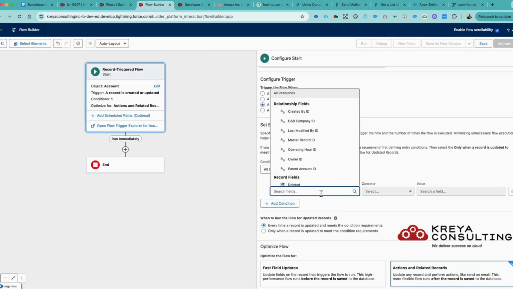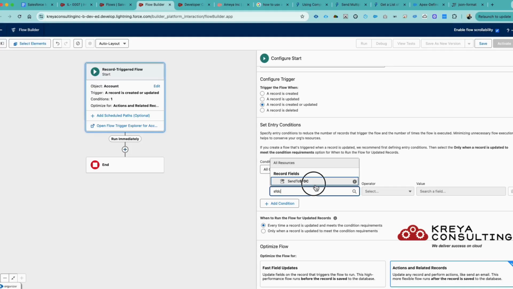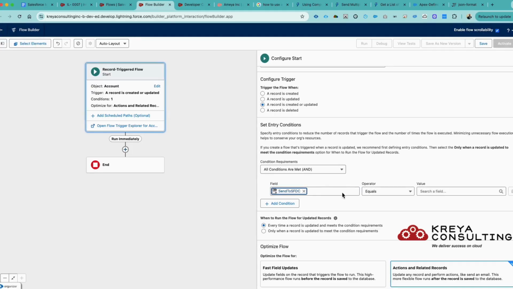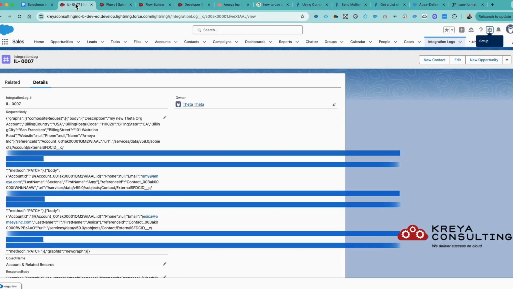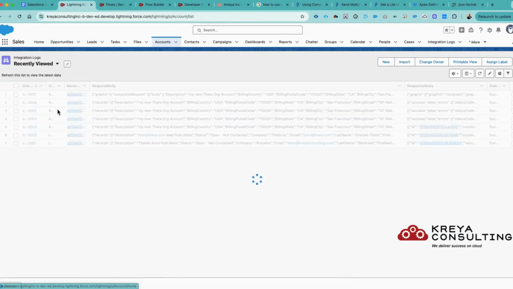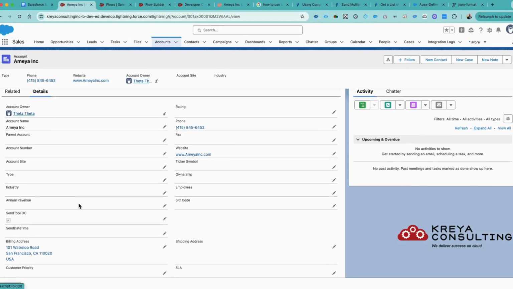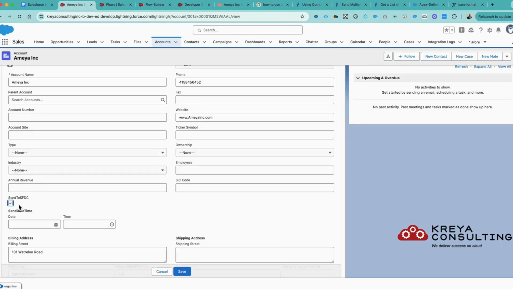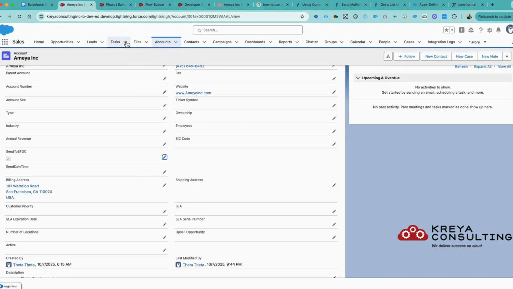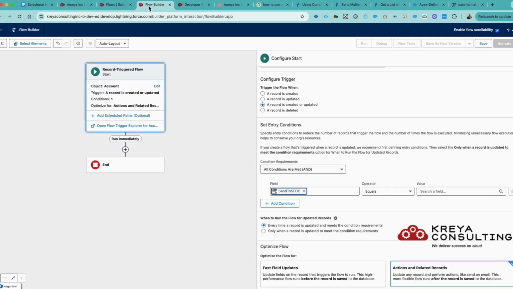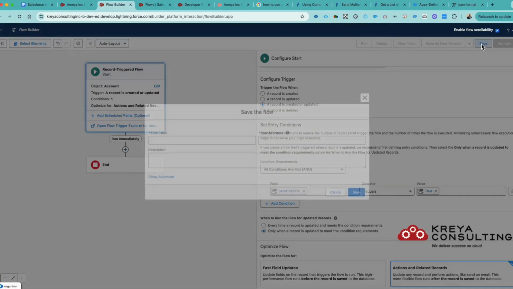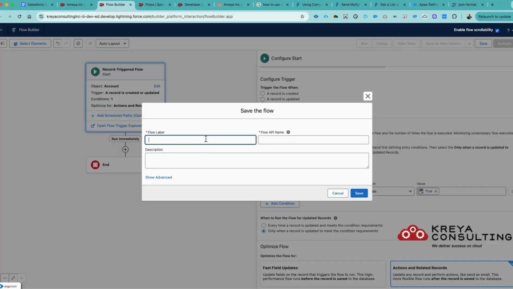In this we have already created one field called Send to SFDC on my object as a checkbox. So if I come back to my account object, on the account we do already have one account field called Send to SFDC as a checkbox. This checkbox we are going to use in my flow, and we are going to see whether it's true or false. If it is true and the record is updated to meet the condition, then only this particular condition should be satisfied. Let's create a flow called